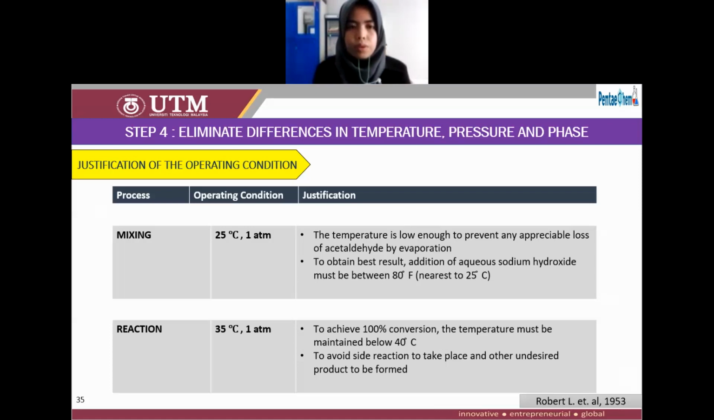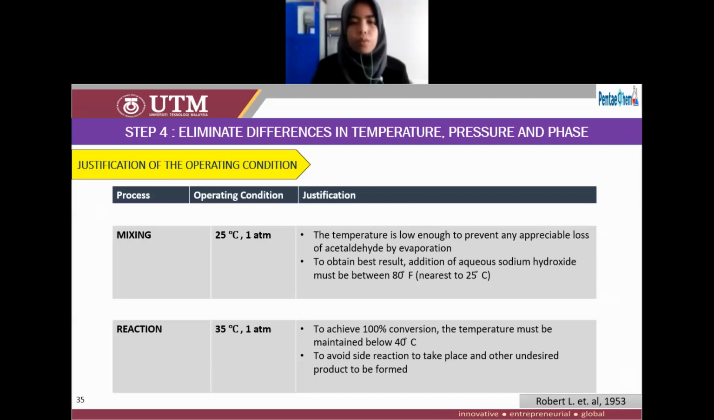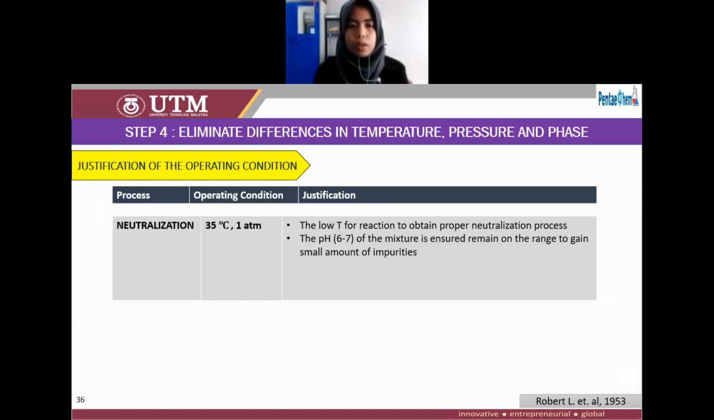For the mixing process, 35 degrees C is to prevent any appreciable loss of acetaldehyde. And for the reaction process, 35 degrees C is to achieve 100% conversion and to avoid side reactions and other undesired products being formed. And the neutralization process at 35 degrees Celsius is because we want to obtain proper neutralization and to gain a small